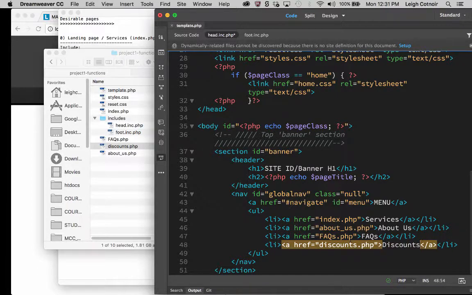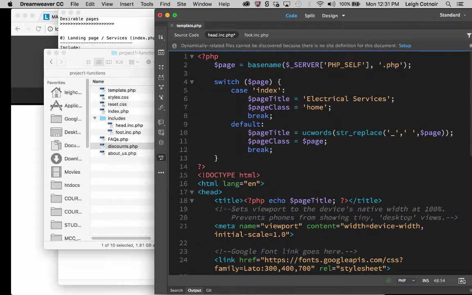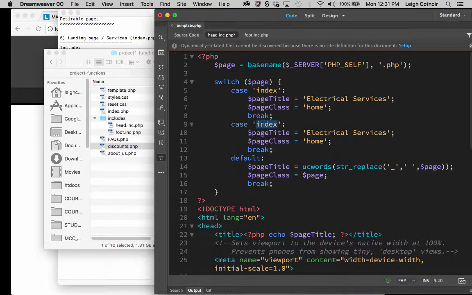And this is one of those situations where, if you know you're going to have a page that's called FAQs, but you don't want it to say FAQs at the top, maybe you actually want it to say frequently asked questions, this is where you could create another case. Okay, that's actually something that might be very, very helpful. And so in the case that it is, let's copy this, and I'll just show you what I'm talking about. Let's paste this again, but in the case that it is